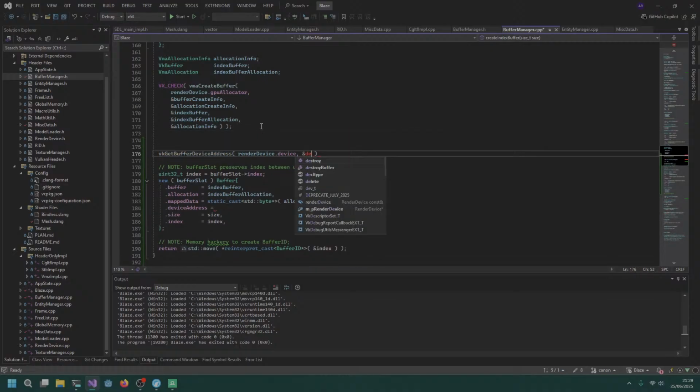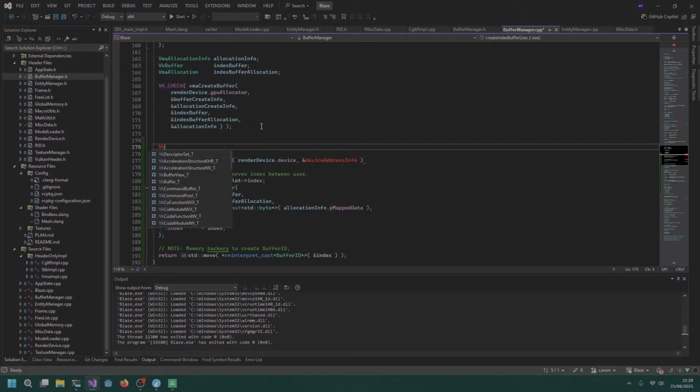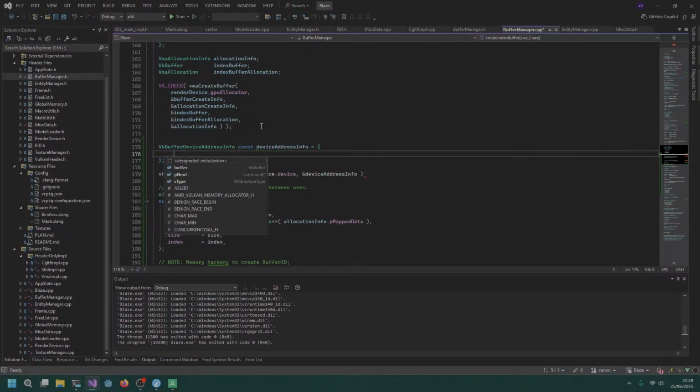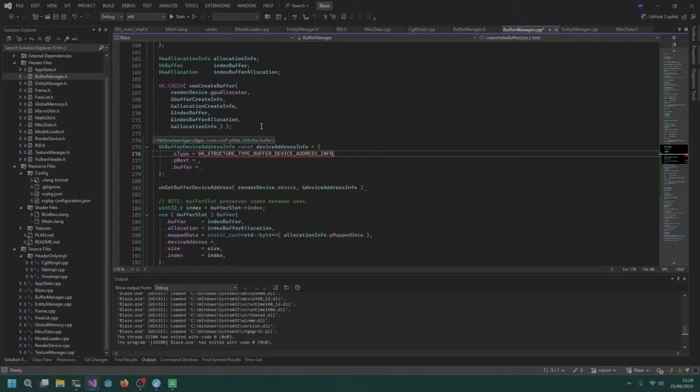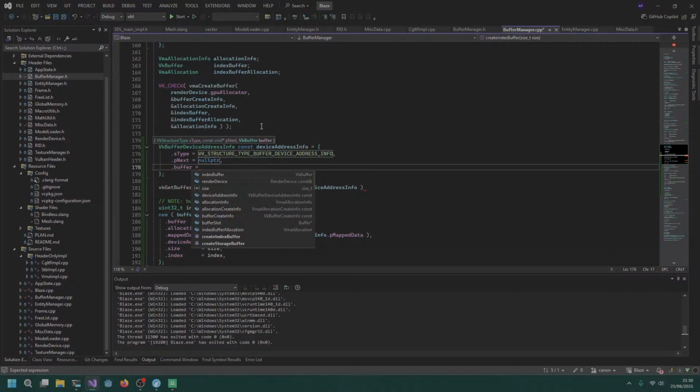So we get buffer device address info. First, device address info equals that, and do all of that. So we can set the structure type to buffer device address info. The pointer buffer is